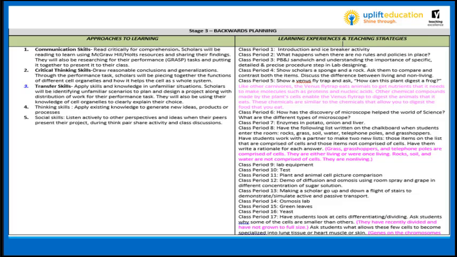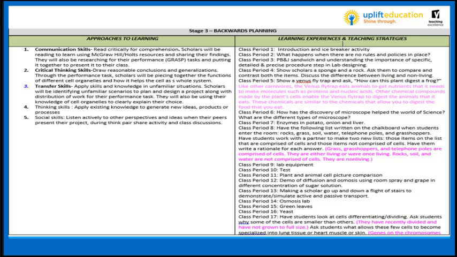Now we come to stage 3, that is backwards planning. The first part of this is approaches to learning. Here I have chosen 5 of these. They are communication skills, critical thinking skills, transfer skills, thinking skills, and social skills. A lot of these would be honed throughout the unit, but a majority of them would be targeted using the